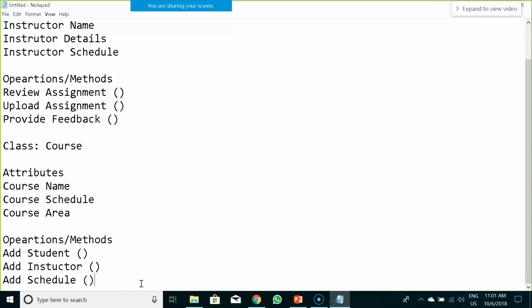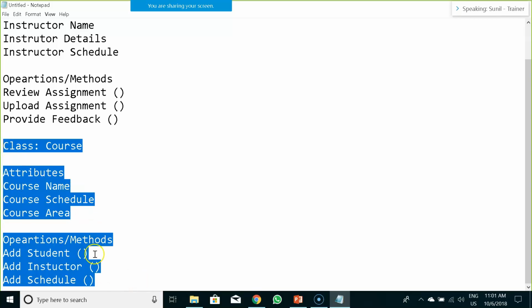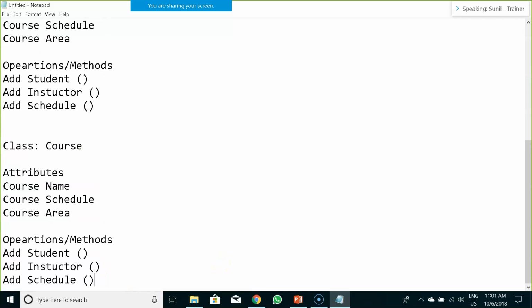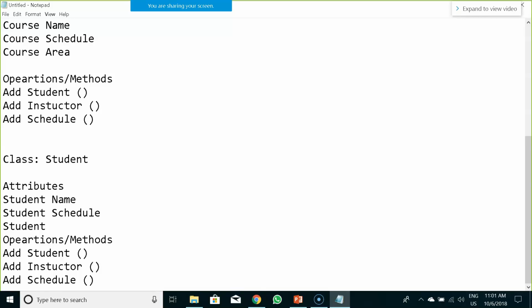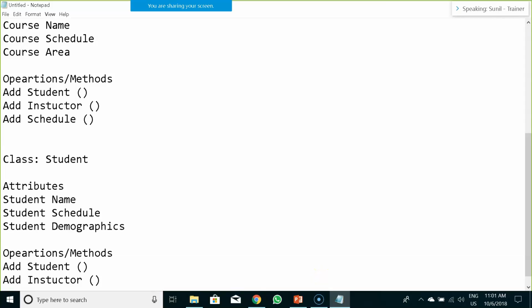And then we would have one more class called student class. Student would have the same thing: student name, student schedule, and other student demographics.